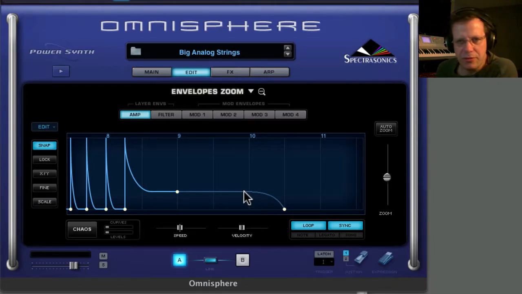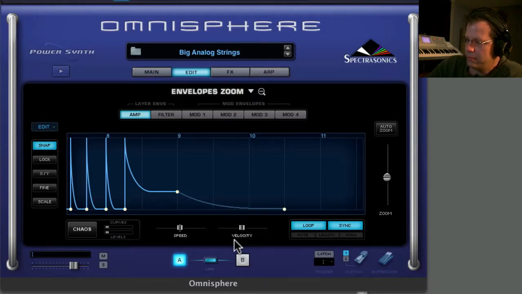One nice thing with these newer spiffy programs is you just click on the envelope and you drag down and you're changing the shape of the curvature. Same with Absinthe, by the way. So you just click and drag, and now nice natural fade out. We like that. All right, so we've got